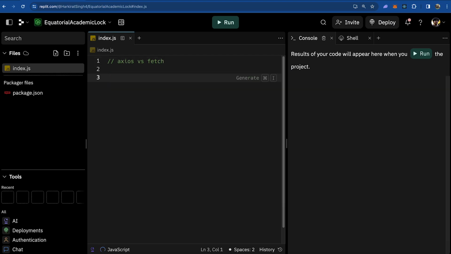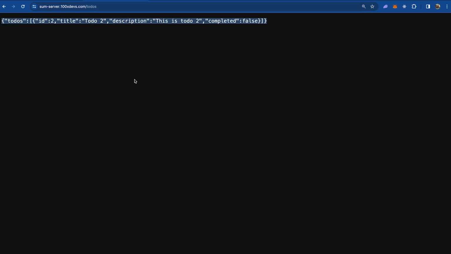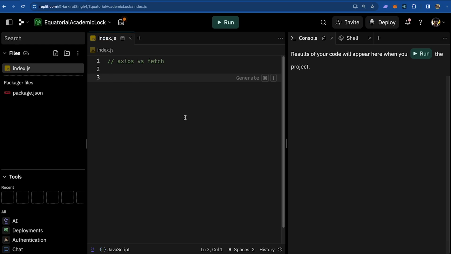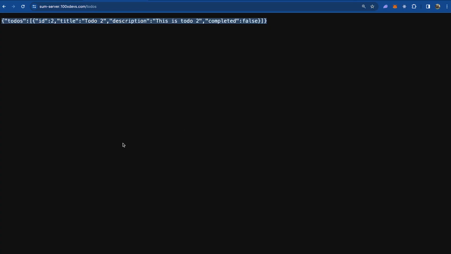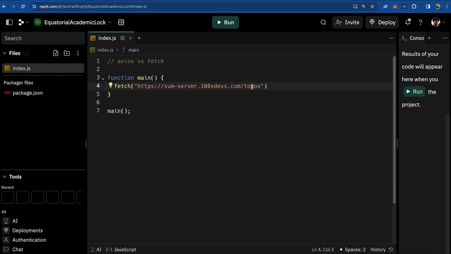First thing, let's write some code to hit this endpoint and get back the number of to-dos that exist. All right. What do I have to do? Write a function. Let's call it main, which when called needs to log the number of to-dos that exist. The way to do that using fetch is send a fetch request, which returns a promise. What does fetch return you? It returns a promise, which is why you can either use this syntax dot then response,